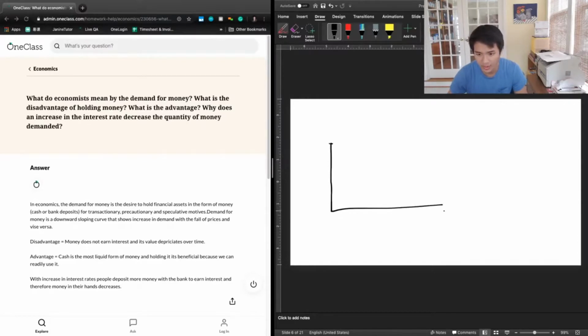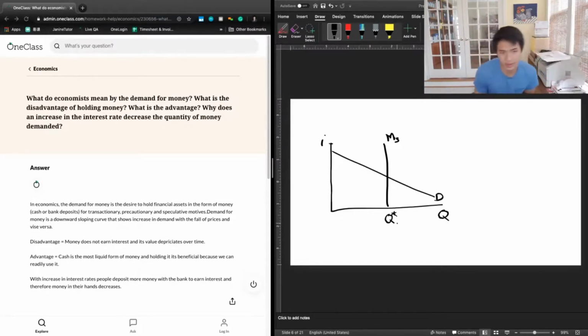The money market graph is another graph we want to be familiar with. We have quantity of money on the x-axis, we have interest rate on the y-axis, we have our downward sloping demand curve, and then we have our money supply. Right? And so the way this works is that